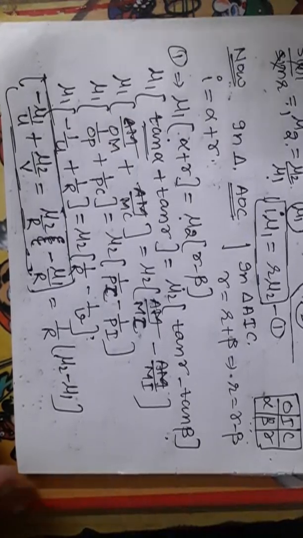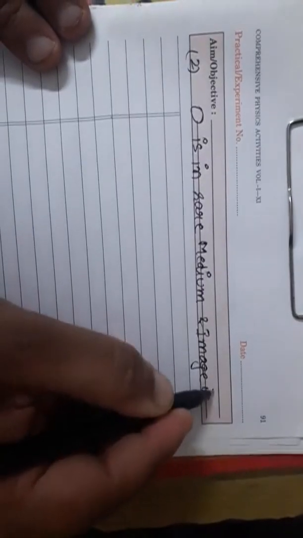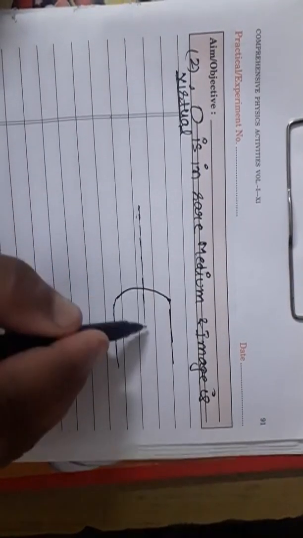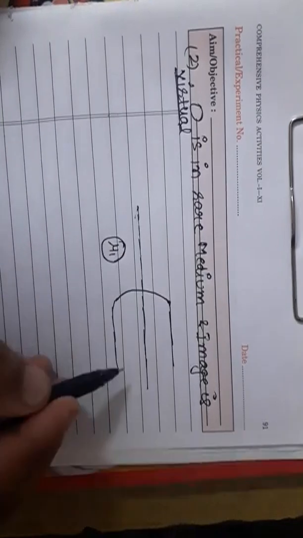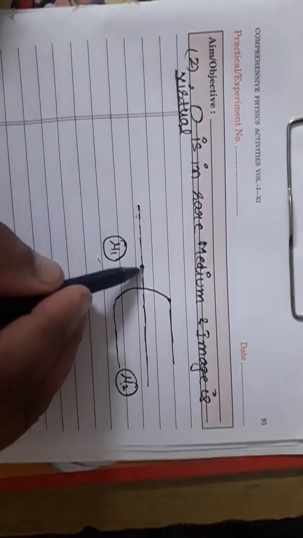Now come to the second case in which I am taking the object again in rare medium but the image is virtual. Second case, object is in rare medium and image is virtual. पहले हम रियल लेके चल रहे थे बच्चे, इमेज इज वर्चुअल, नो प्रॉब्लम। देखो कैसे ड्रॉ करना है, बहुत सिंपल। फिर से वैसे ड्रॉ कर लिया, सेंटर से लाइन गई प्रिंसिपल एक्सिस, इसका रिफ्रैक्टिव इंडेक्स mu 1 था बेटा, इसका रिफ्रैक्टिव इंडेक्स अंदर वाले का mu 2 and mu 2 is greater than mu 1। पहले हमने यहाँ पे ऑब्जेक्ट रखा था, अब ऑब्जेक्ट यहाँ पे ले जाना आपने, बिल्कुल आगे।